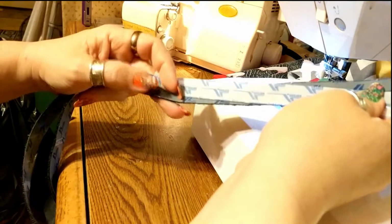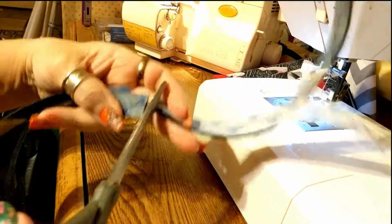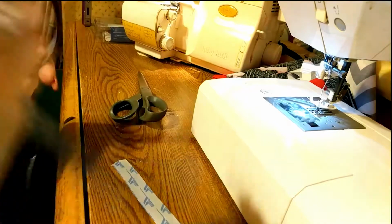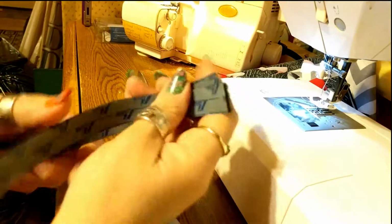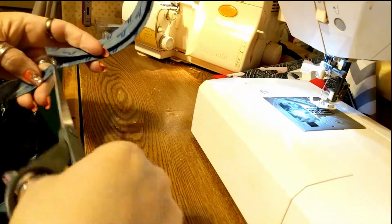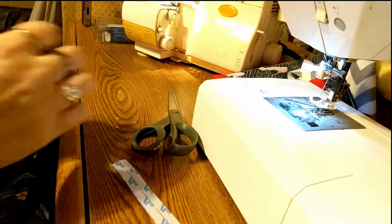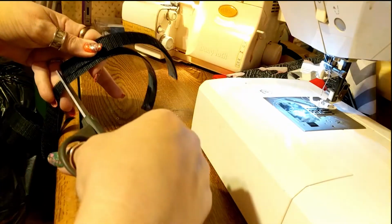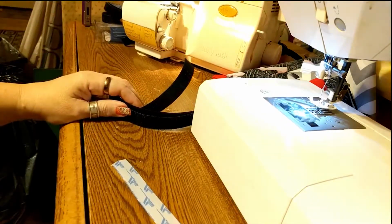So there's the backing. I just pulled off that Velcro, and I'm going to use it to cut the next piece so it's the same size. And this is the loop part, the soft part that I put on the fabric. Now I need to cut 2 hook sides that I will attach to the doghouse. And once I'm done with that, I'll finish up the other half of the curtain. And then we can move on to the